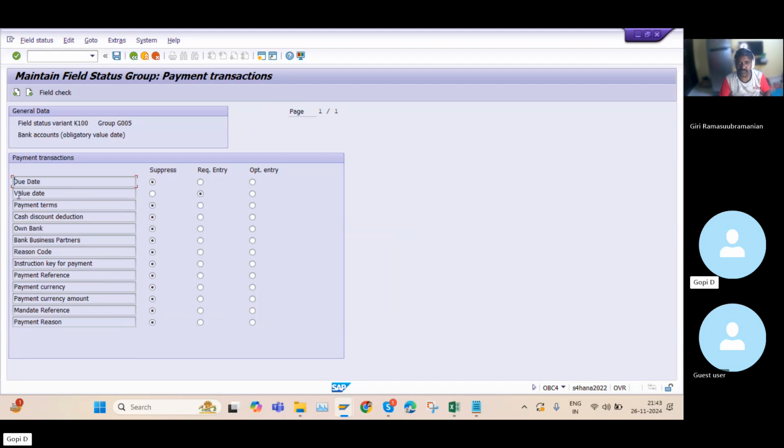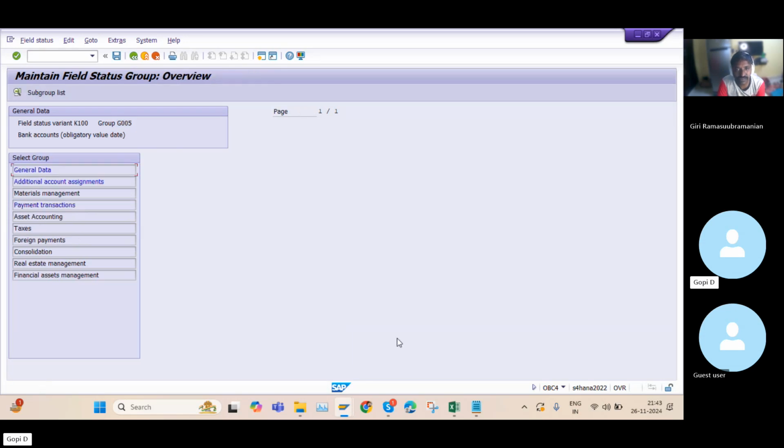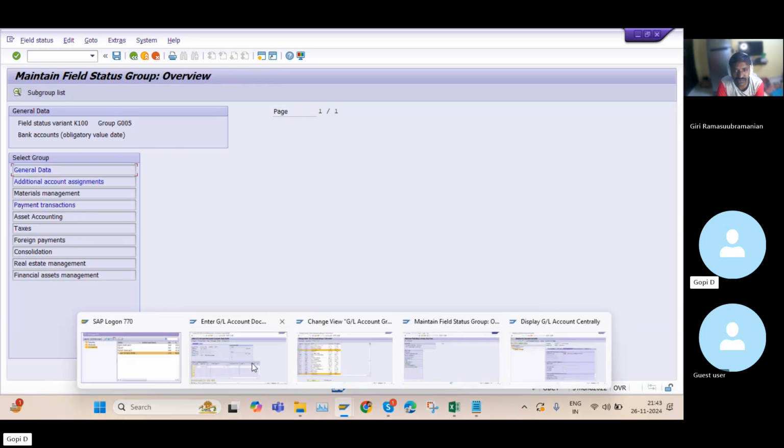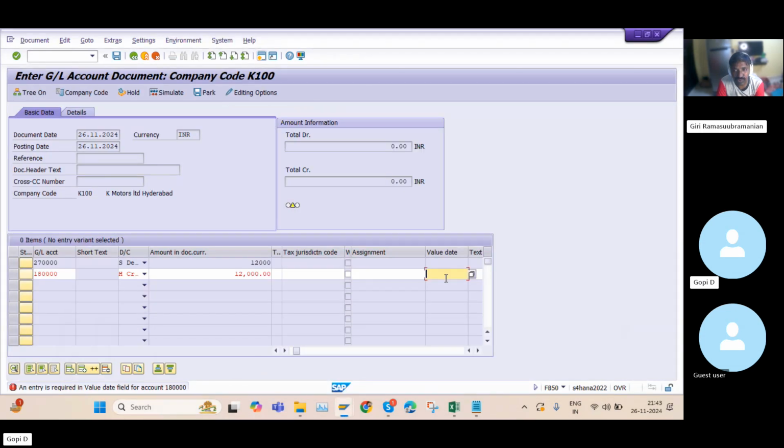And now you can see the value date is what option we selected earlier in G005. This is the standard, we copied it from some other field status variant, right? Now you can see the value date is a required field. It means without entering this value date field, we are unable to save our general entry. That is the importance of